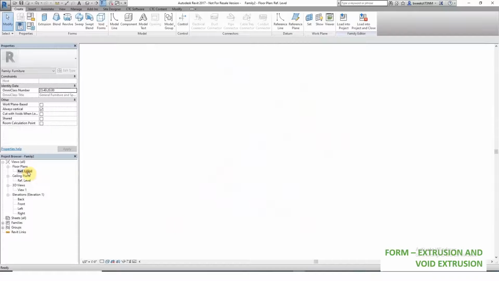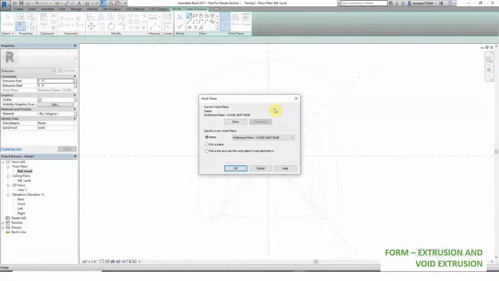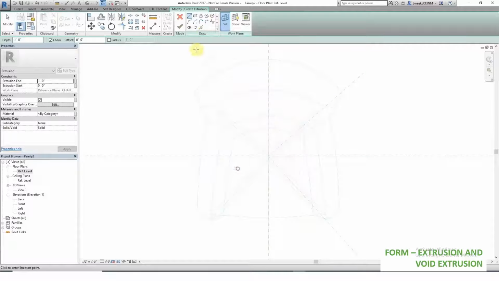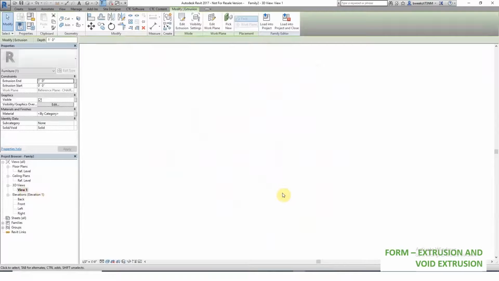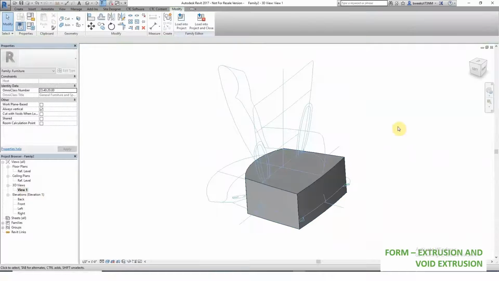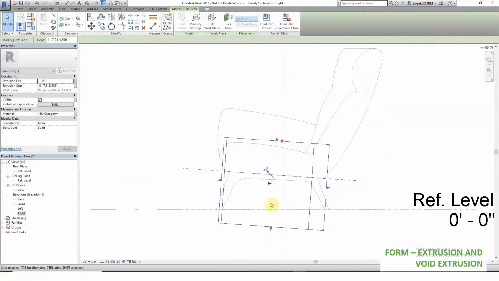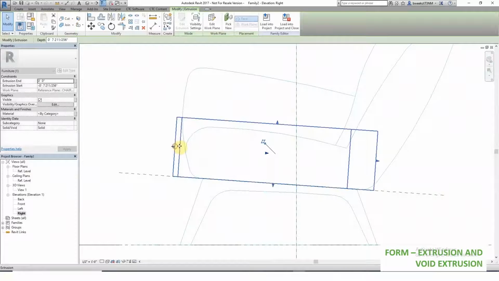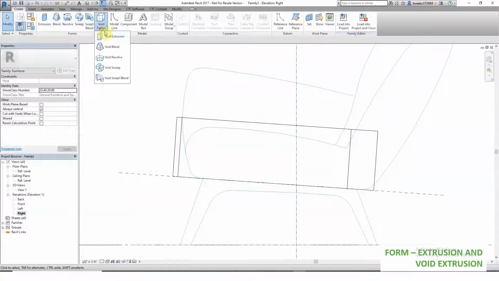So first thing we're going to see in this model is we're going to go ahead and model the chair seat, and I'm going to use an extrusion first. And you want to make sure that you select the plane. You set your plane at the chair seat plane. I use the select tool to select the line work. And now I'm just aligning it to my plane. Shift it out a little bit to where I'm going over